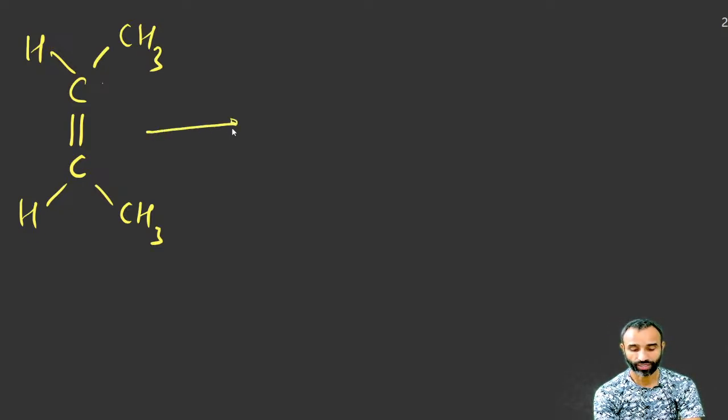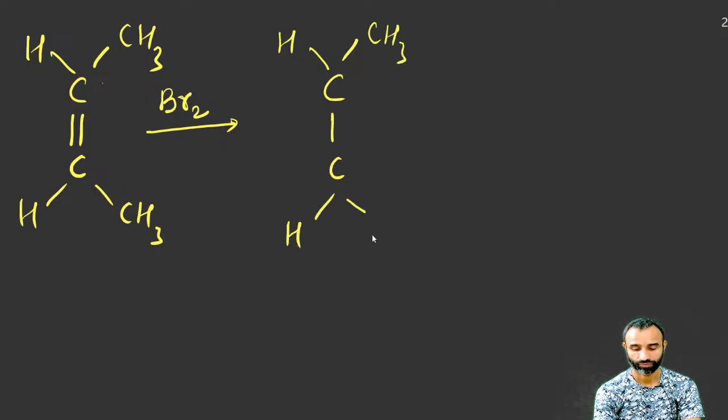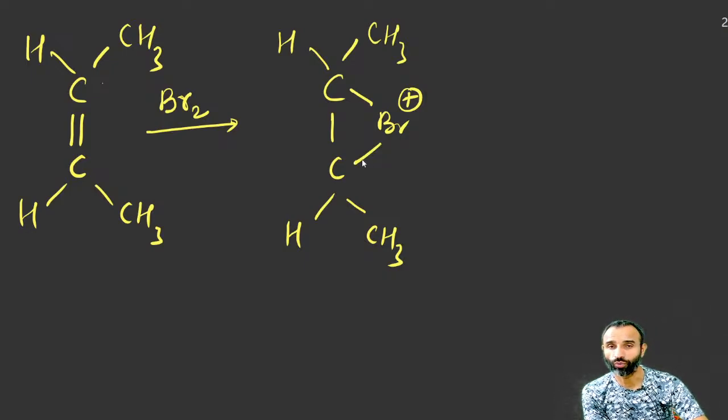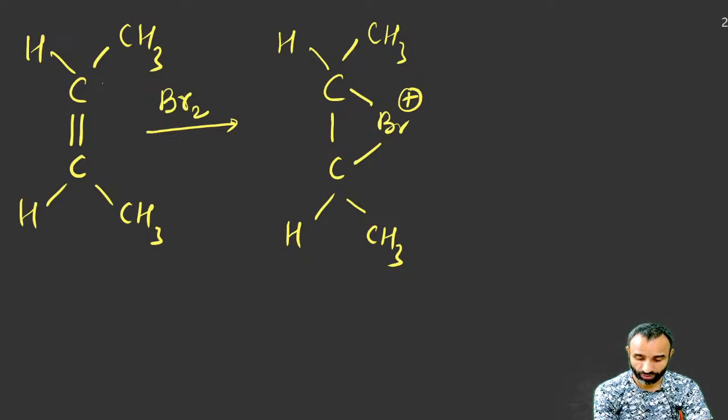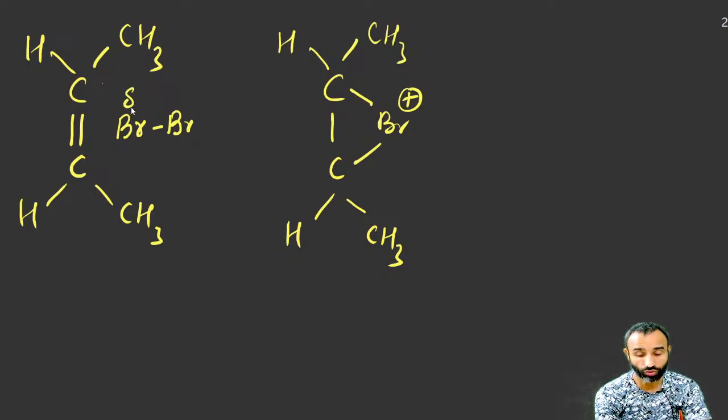So when bromine is treated with a cis alkene, it leads to the formation of a cyclic bromonium ion. Because Br2 is non-polar, when Br2 approaches it, the one bromine which is closer to the pi bond system gets a positive charge